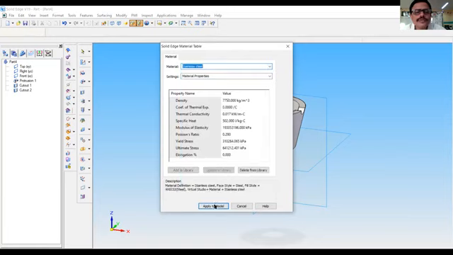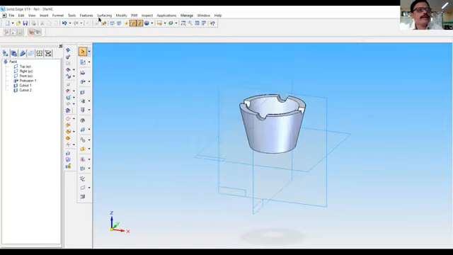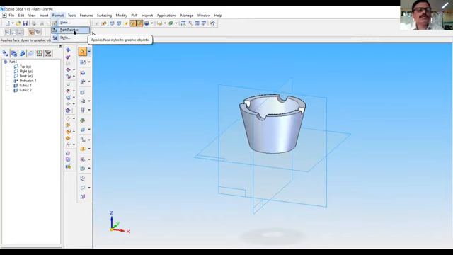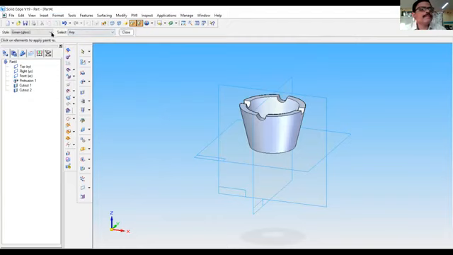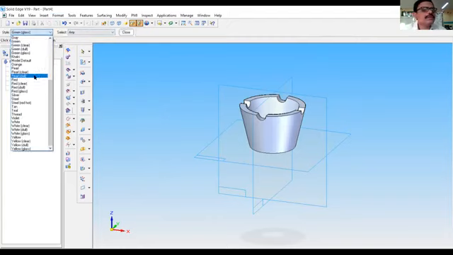So steel is chosen. So I will give the color here. Color option I will do for this part because I want to see the parts in the assembly with different colors. Go to part painter option. Choose the color. You can choose any color.